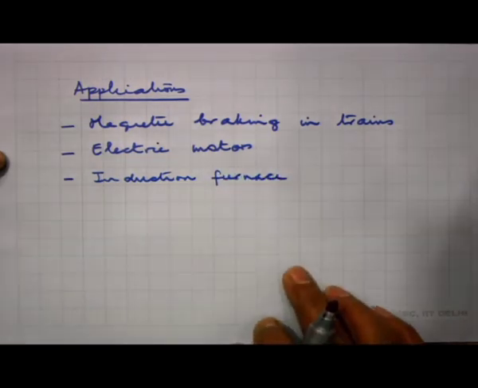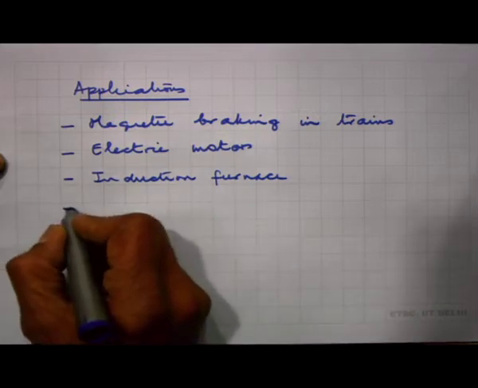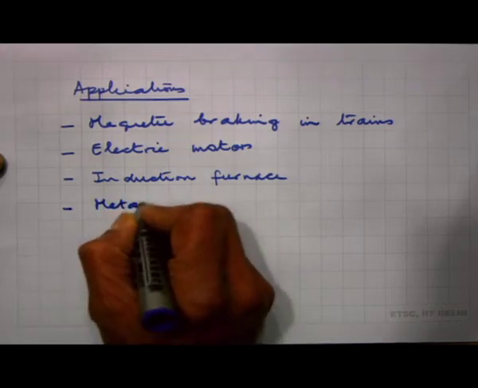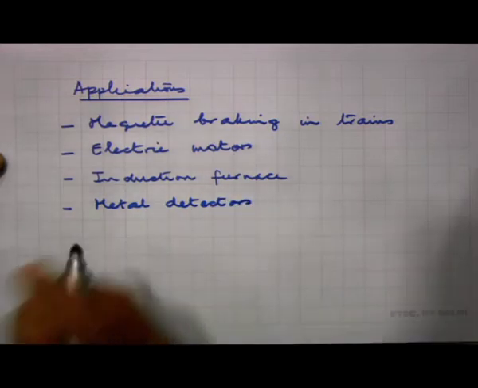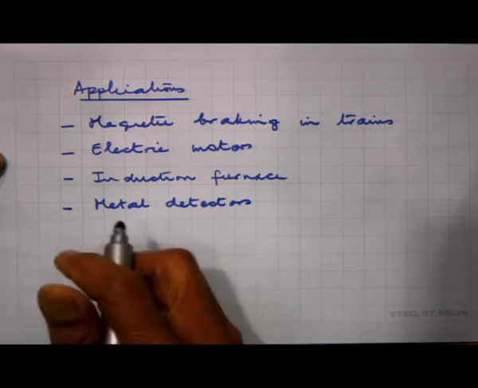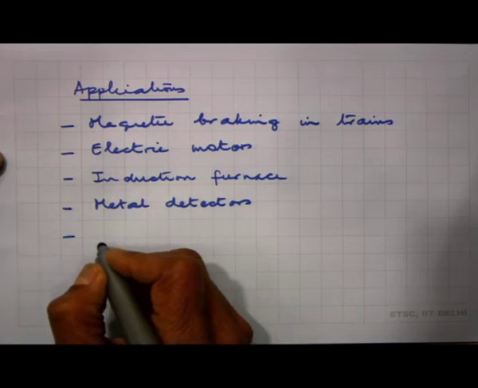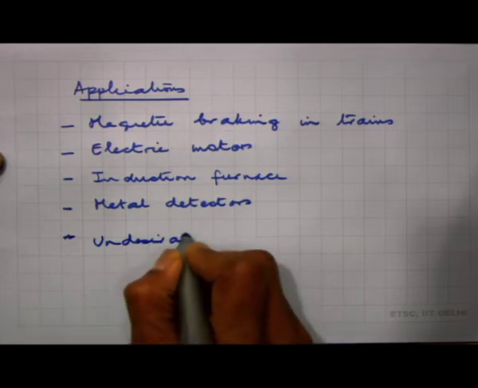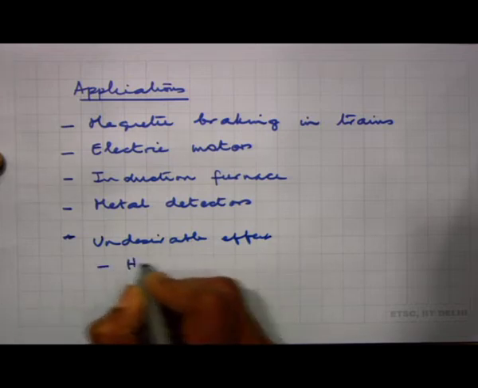Remember, I mentioned to you that these currents, as they pass through the material, the conductor, will generate heating because of Joule heating, and that heating can be used for making a furnace. They are also used as metal detectors. For example, at airports, where you have seen that there are detectors which detect the presence of metals, and this can be based on induction. And I must mention that there are some undesirable effects, and the undesirable effect is essentially that it causes heating